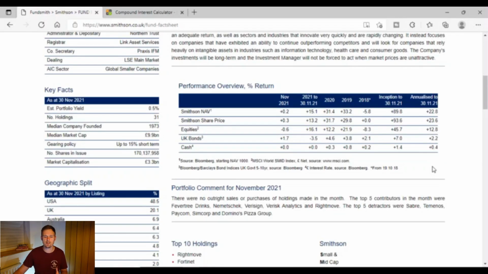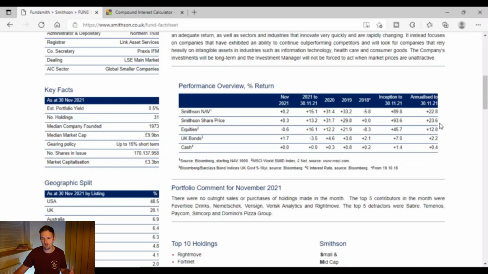Now, probably one of the biggest things you're wondering right now is, okay, that all looks great, but how have they been performing since they were founded a few years ago? You can see here Smithson's share price, that's the main thing we want to focus on in this list, and compare it to equities, which is just the World Small and Mid Cap Index Fund from MSCI. Starting all the way on the right, the annualized return to the 30th of November, so up to very recently at the time of recording this video, is